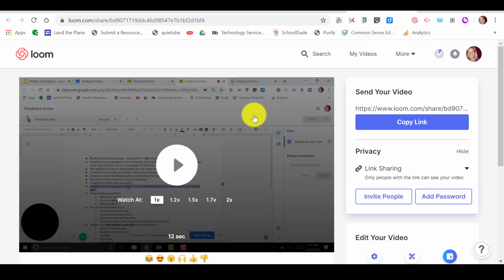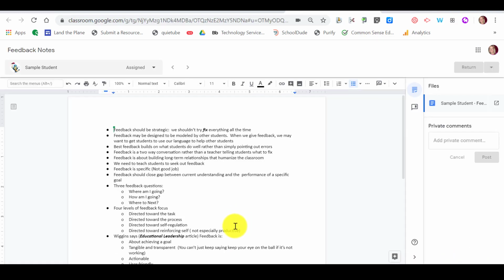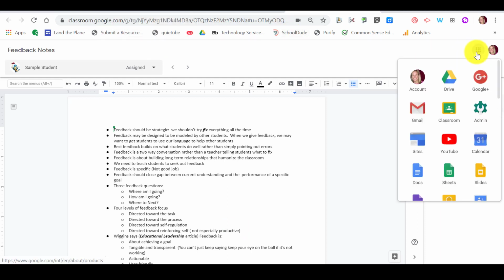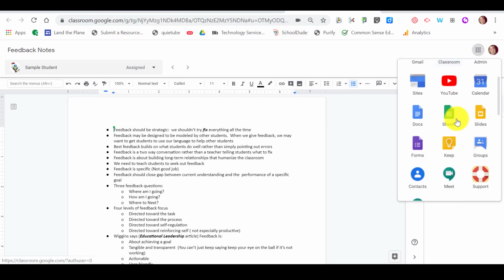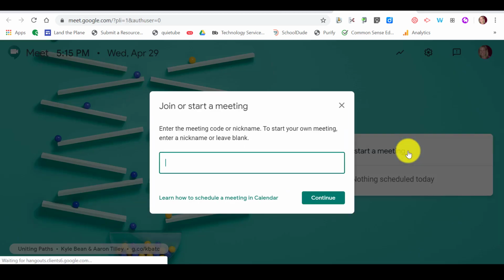Loom also has a desktop application that has a few additional features like a drawing tool. I typically use the extensions that just sit up here in my browser. Last, there's Google Meet, and all you would do is create a Google Meet or Hangout. So to do that, I would come over to my waffle, I would scroll down till I find Meet, I'd open that up, start a meeting, name it,